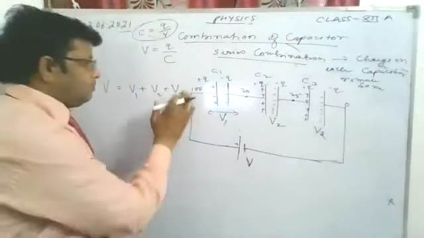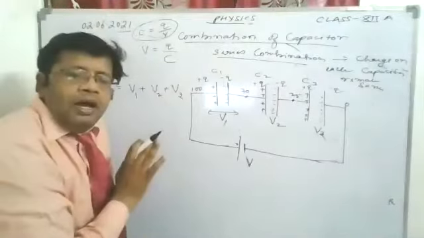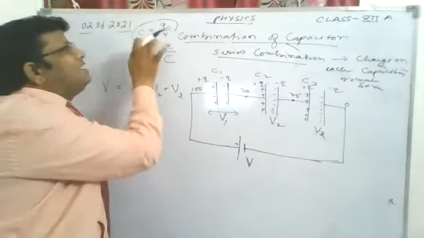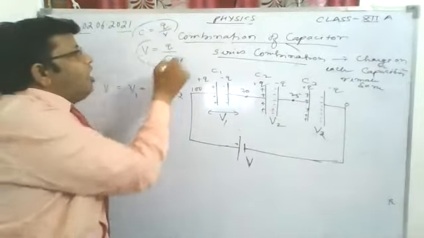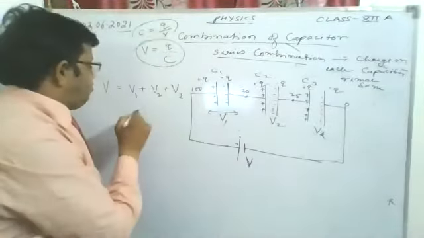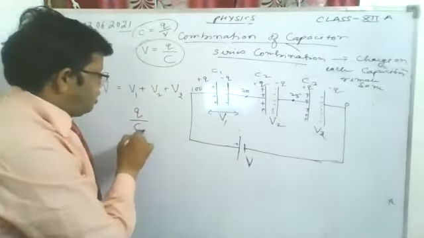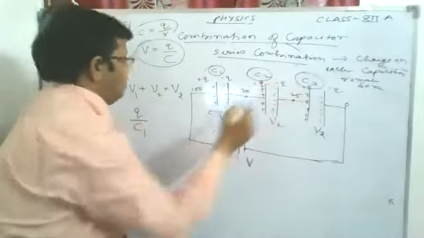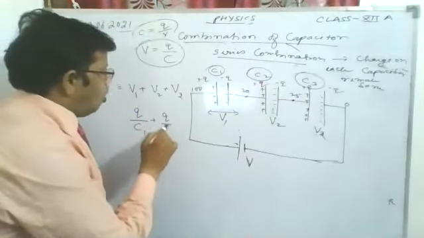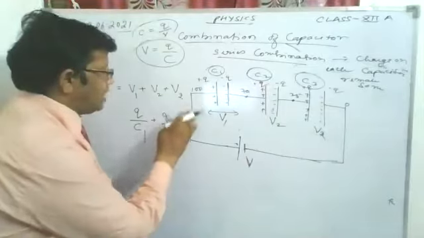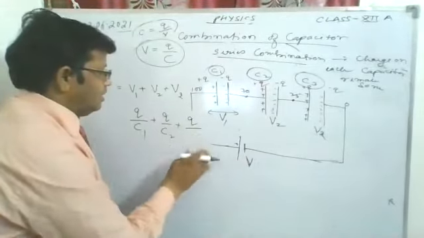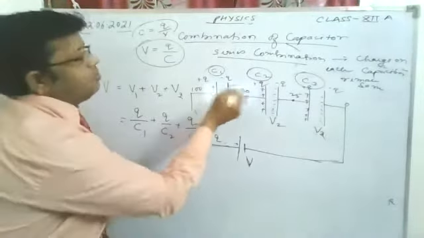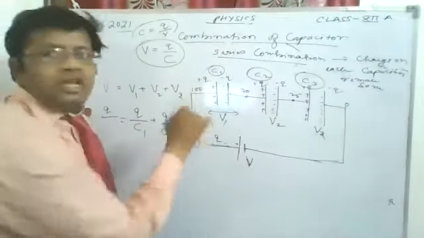Now see here. As we know, the formula of capacitance is C equal to Q upon V. So we can write V, and we can write Q upon C. What is the charge on each capacitor? First one is Q upon C1, where C1 is the capacitance of the first capacitor. Second is C2. Third one is C3. Charge on all capacitors is the same. So that's why we write like this. And what is the charge supplied by the battery? This is again Q, that is deposited here. Now it is Q upon the total sum, which is